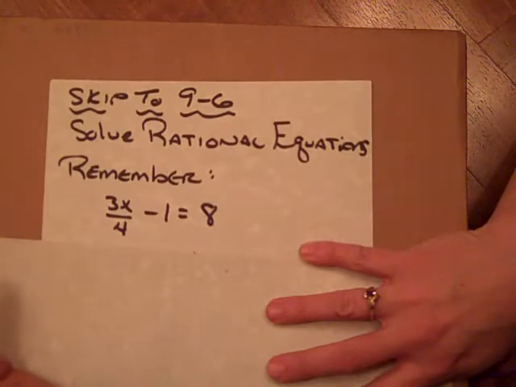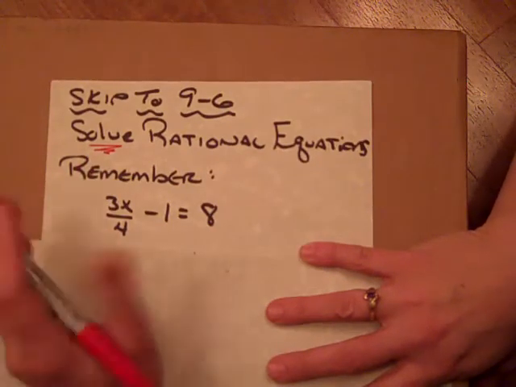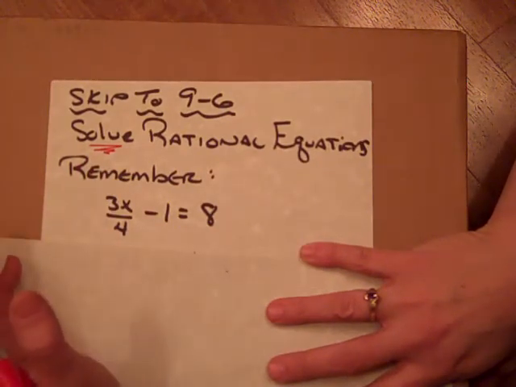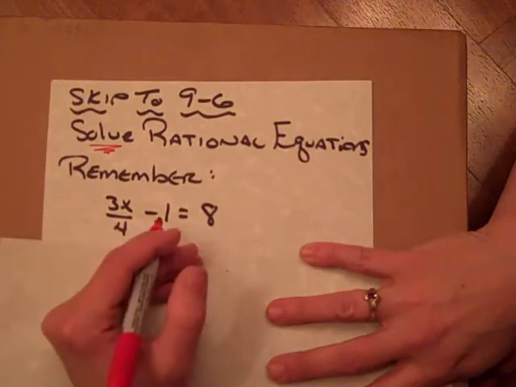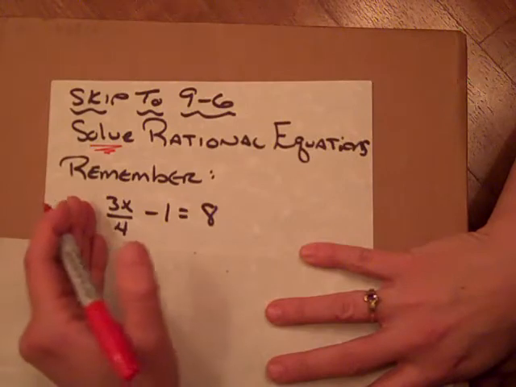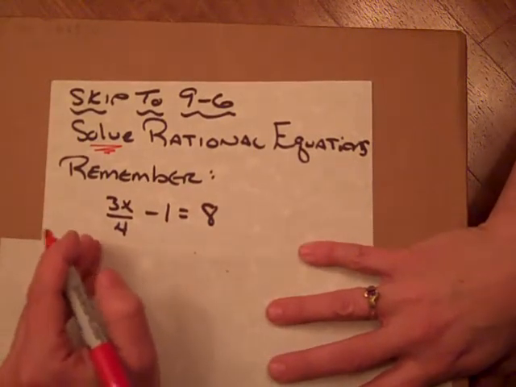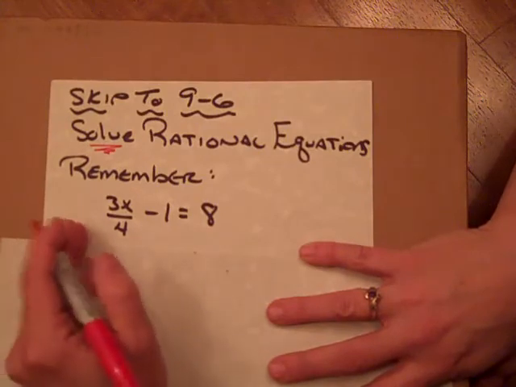You just spent 2 sections talking about simplifying rational expressions. Now we're going to solve rational expressions. This is fundamentally different, in the fact that instead of getting a denominator, we're going to decide what the denominator would have been and multiply through to get rid of it. If you think back, we used to do this. I used to tell you in the beginning of the year, if you ever have an equation,